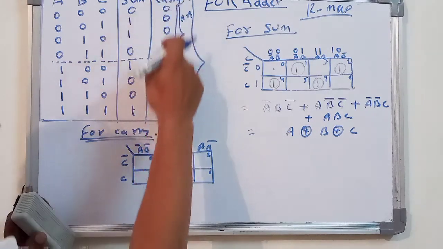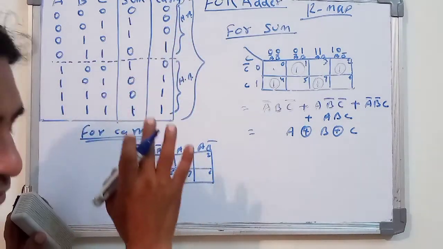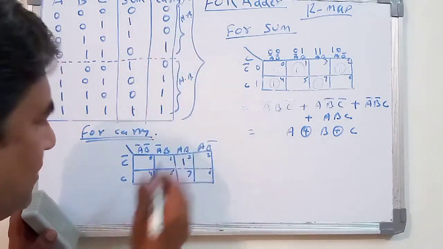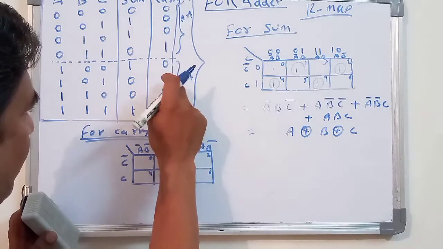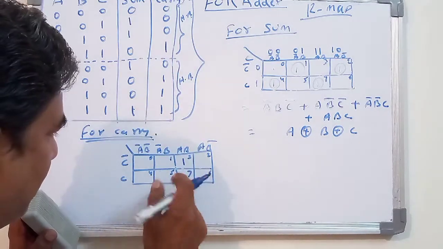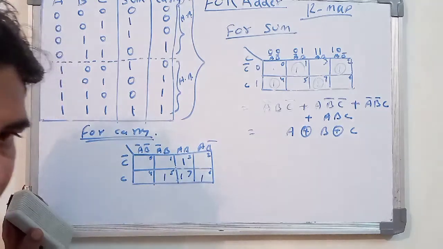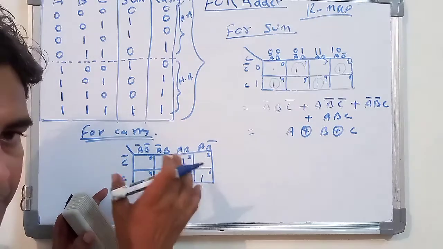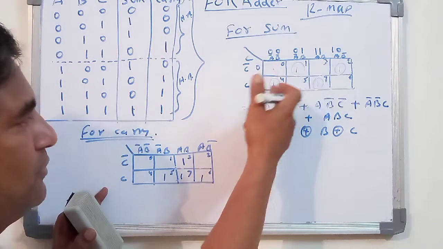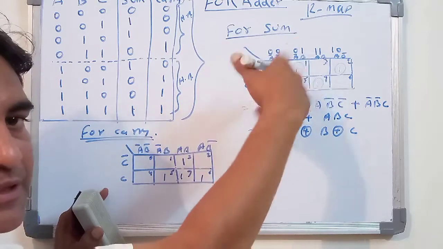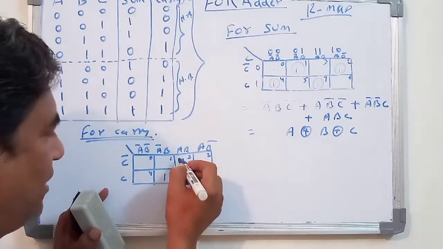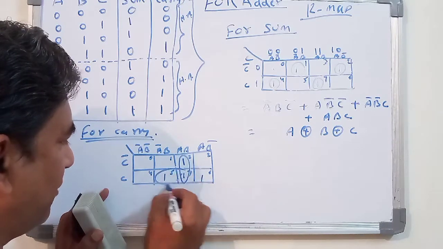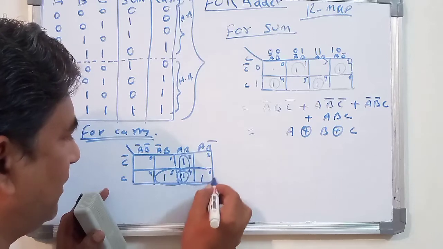Then looking at only the carry, where there is a 1, you just write down 0, 1, 2 and 3. 3 number, this is the 3 number. Then 4, 5, 6 and 7. 5, 6 and 7, it is having the value of 1, 1. Okay, this 1, 1 value, now it is possible to make the group. Here also the separate number was there, since we have made the separate group. But here you have the first number group like this. Then the second number group is like this, and the third number group is like this.